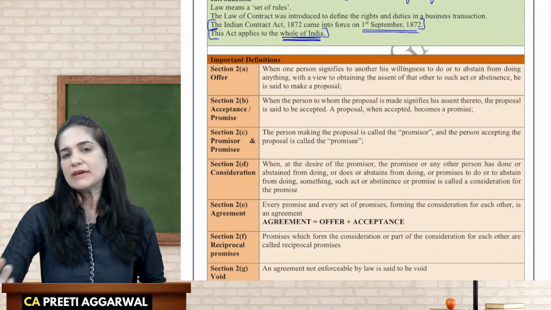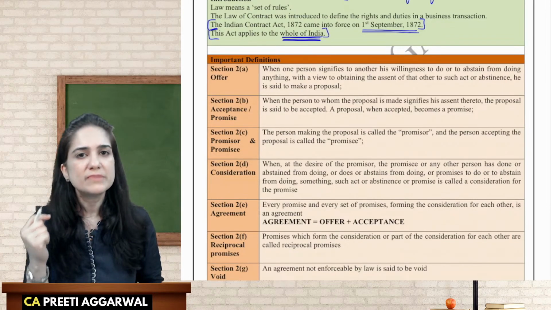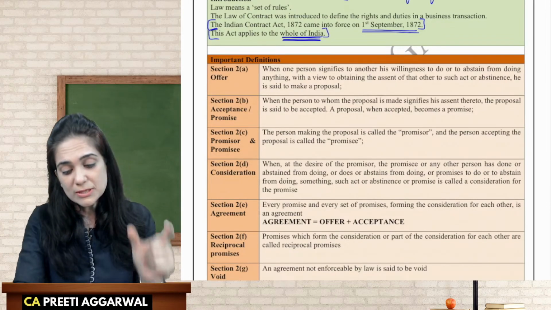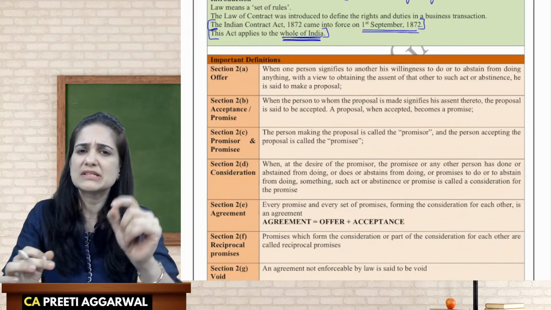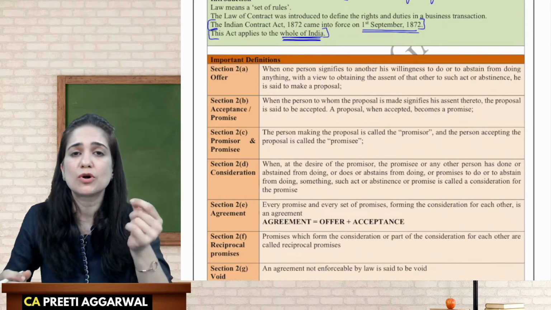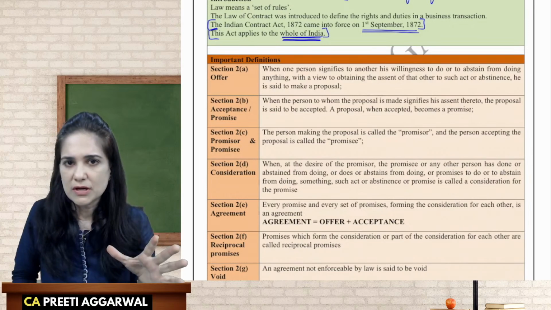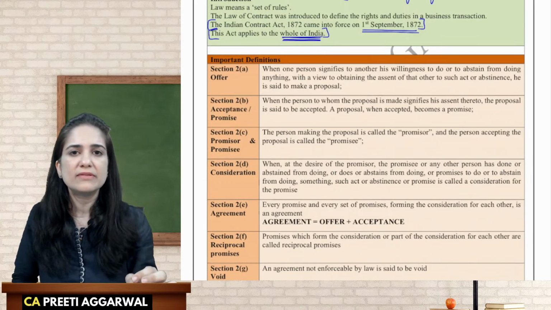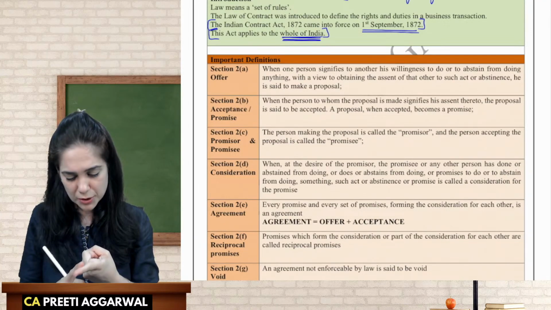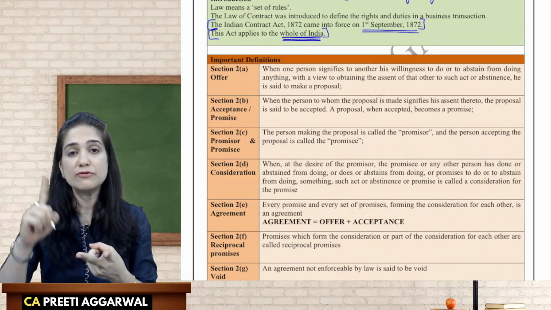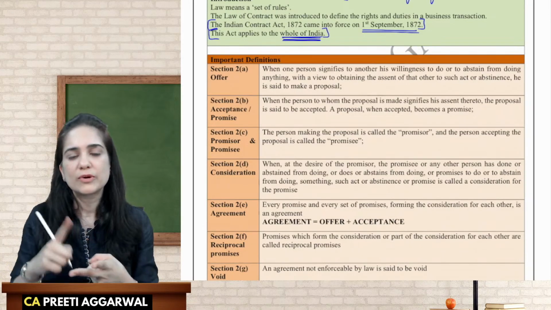Yes. For example, in case of misrepresentation, a question is specifically asked: define misrepresentation, and then they will give you a case-based question. This is the type of question normally asked on the concept of misrepresentation. So yes, in certain questions they will ask you to write the definition also. Define misrepresentation, define undue influence, define coercion, define voidable contract. These are the concepts on which questions are generally asked.